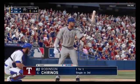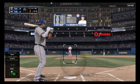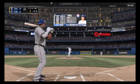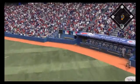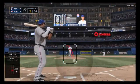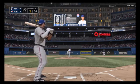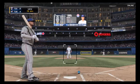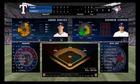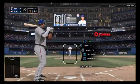Robinson Chirinos will start things out for the Rangers in their half of the 6th. Well, they still aren't even on the board yet, so this leadoff guy needs to get on so they can manufacture a run. And this will find the seats behind the first base dugout. And a pitch in the dirt as he lays off. It's 1-1. Not too many strikeouts on the ledger for him so far, but it hasn't really mattered. Yeah, I think ideally...